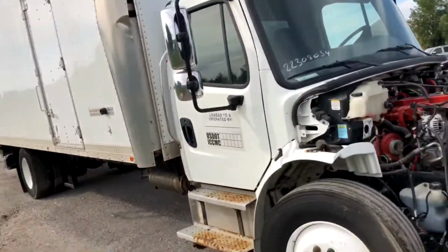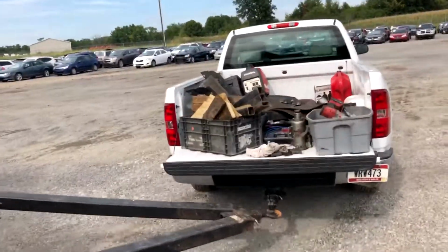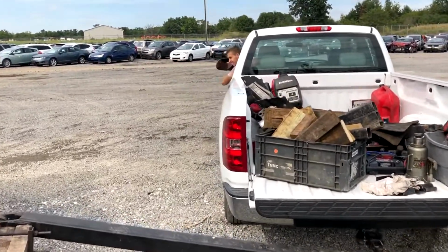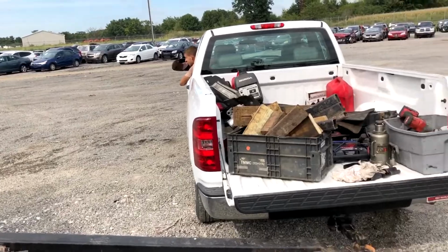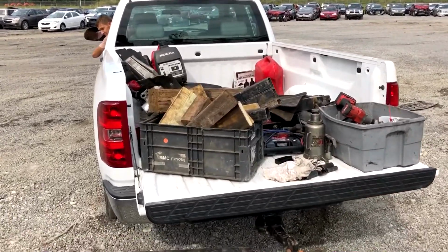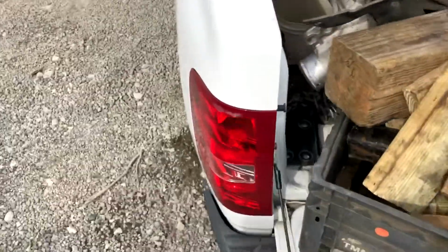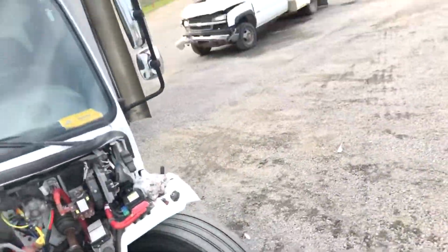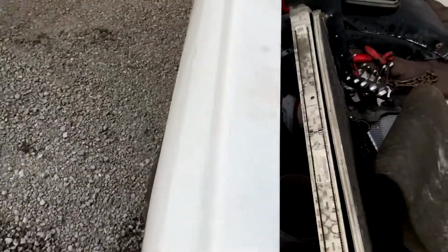Let me explain to you guys what's going on here. This is a pickup truck, a Chevy Silverado double cab with a 4.8 liter engine, and it's basically drifting right now. As you guys can see, my tires are spinning. I'm going sideways. It's because I have a steel bar that's connected to my hitch and the huge box truck that weighs 16,000 pounds, and I was attempting to pull that thing out of the